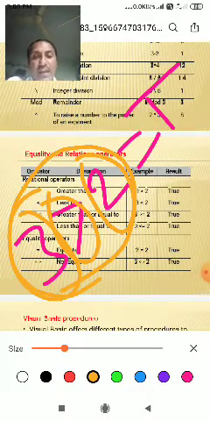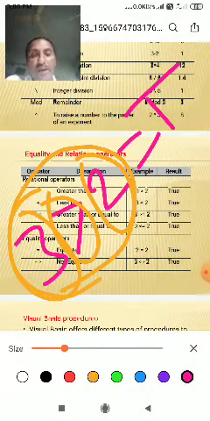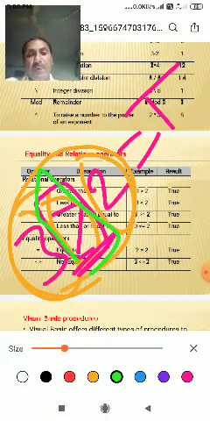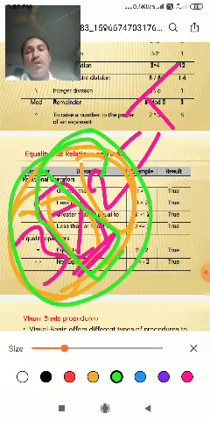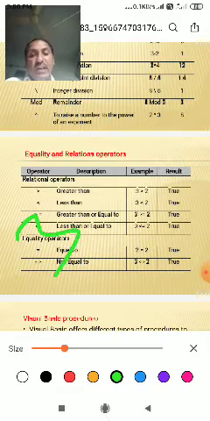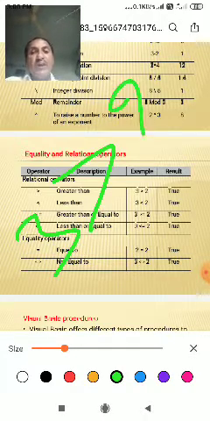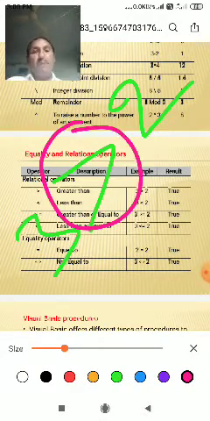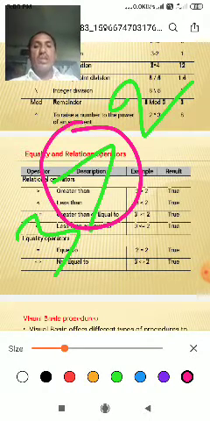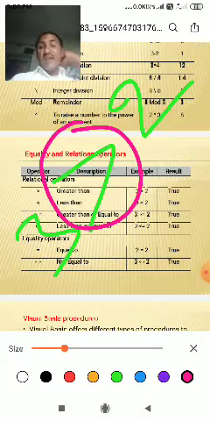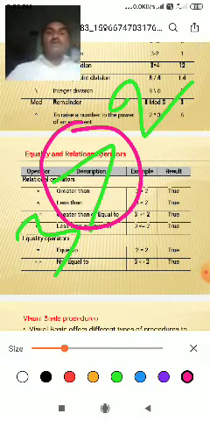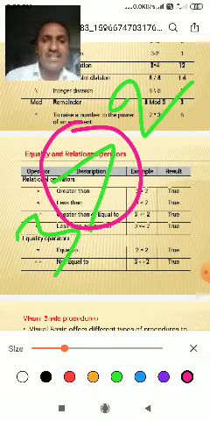This is called a comparison operator. Both values are compared, and the operator gives the result.